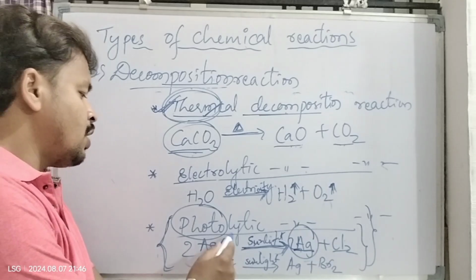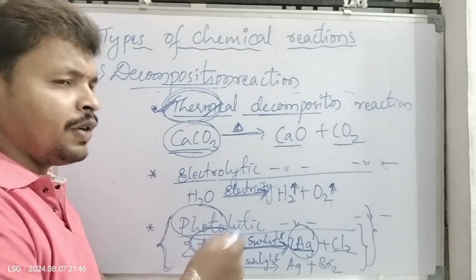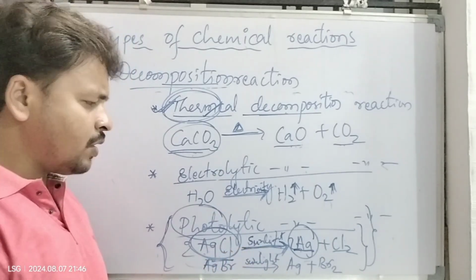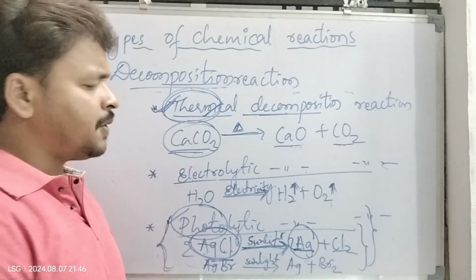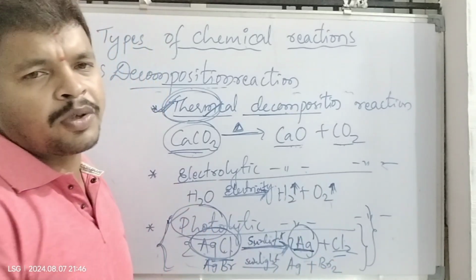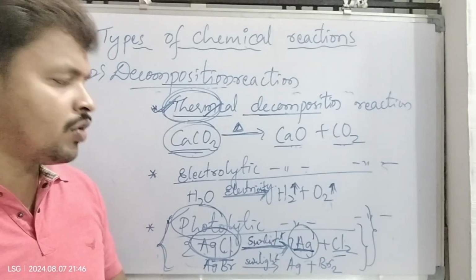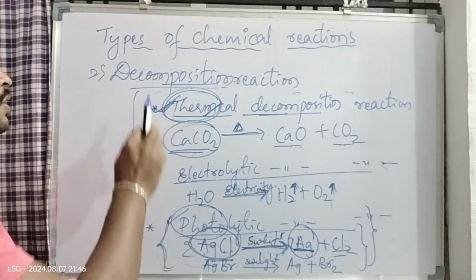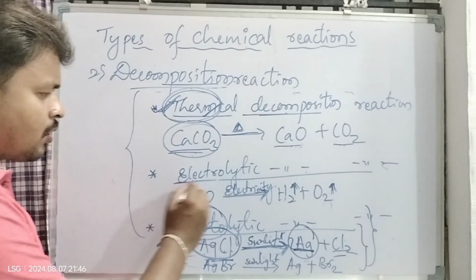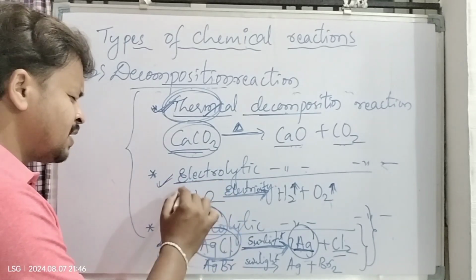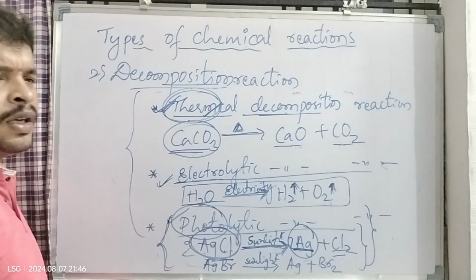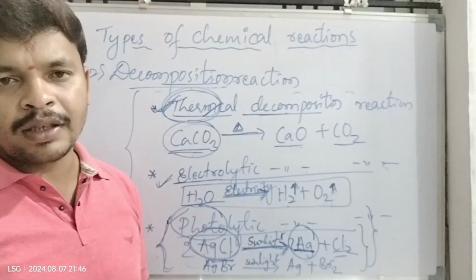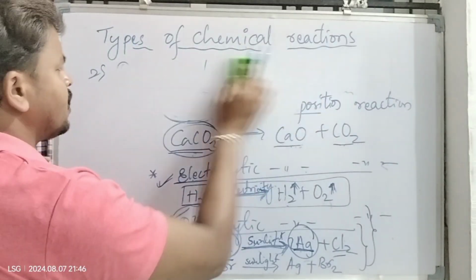Sometimes the question asked is: we are not supposed to keep silver chloride in sunlight, give reason, justify the statement. Because photolytic decomposition takes place, these products are produced, silver and chlorine. So we are not supposed to keep silver chloride in the sunlight. I hope you have understood the three types of decomposition reaction. As I said, I am going to explain the hydrolysis of water, how water is going to be decomposed into hydrogen and oxygen by the electric method. You can see that. And next, the third type of chemical reaction is